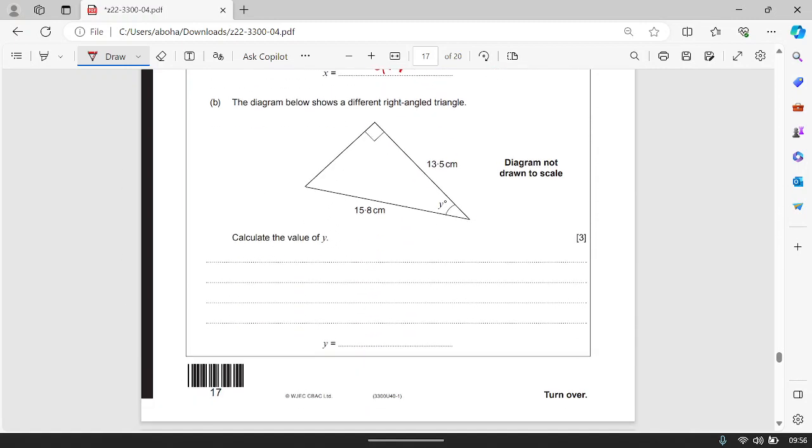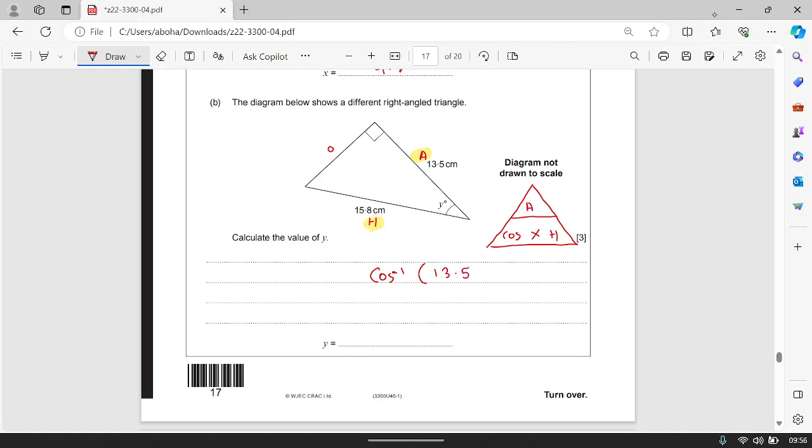And then moving on to the next one, let's label again, opposite, hypotenuse, and adjacent. This time, you're looking for the angle. They've given me H, and they've given me A. A and H belongs to cosine. So if I do the cos ratio now, cos is A divided by H. So it's cos minus 1 bracket